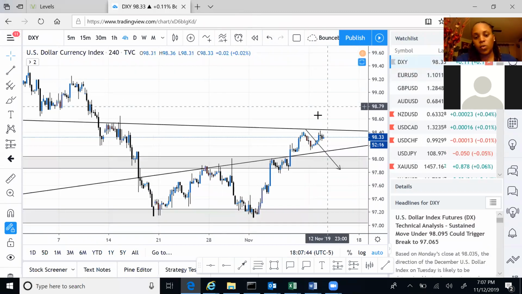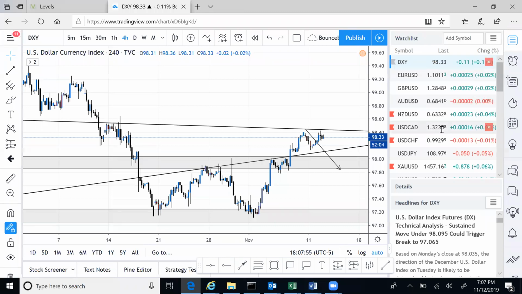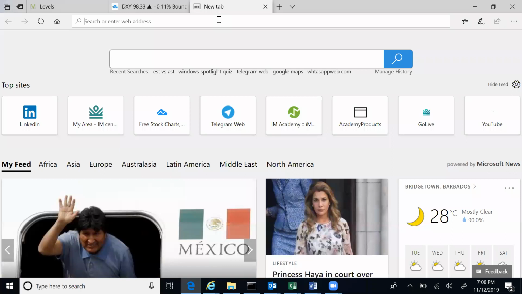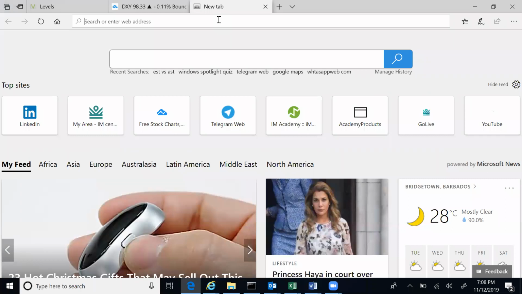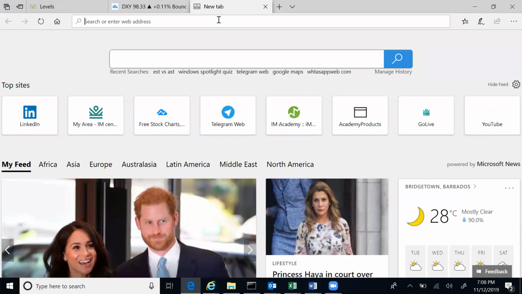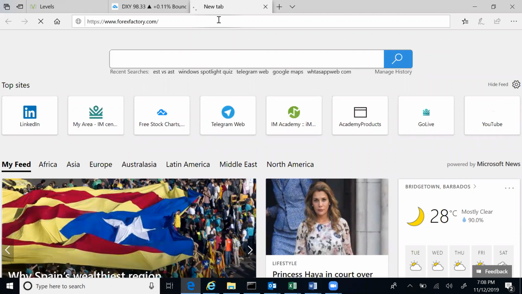But like I said, today I want you guys to go through a typical day for yourself. So before you start trading, the first thing you should do is check news. I found that a lot of you guys are trading and you're not actually checking to see what news is taking place on that day. So the disadvantage for you is that you will start to enter a trade, news happens, it goes against your favor, and then you're blaming different things rather than taking responsibility that you have not fully equipped yourself to take the trade, right? So the first thing you want to do, for Forex Factory,